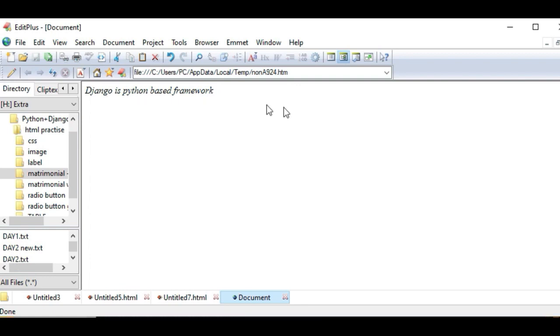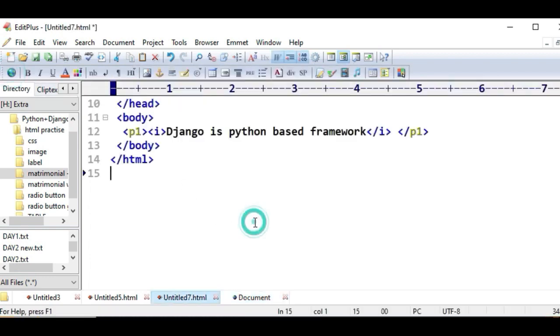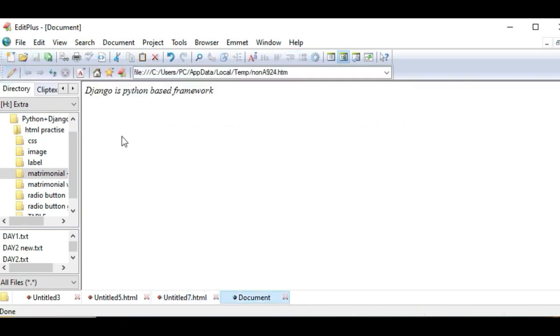This is written in italic, you can see here. Instead of i, you can use em also, em. Okay, this is in italic.